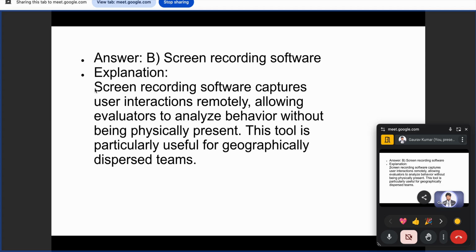As you can see here, screen recording software captures user interactions remotely, allowing evaluators to analyze behavior without being physically present. So this tool is particularly useful for geographically disparate teams. Okay,